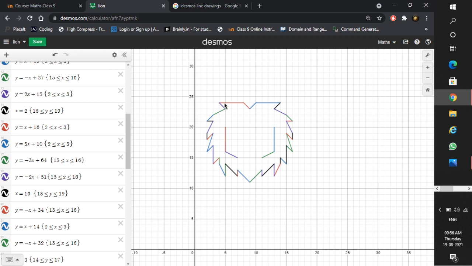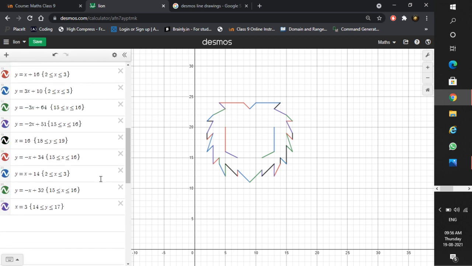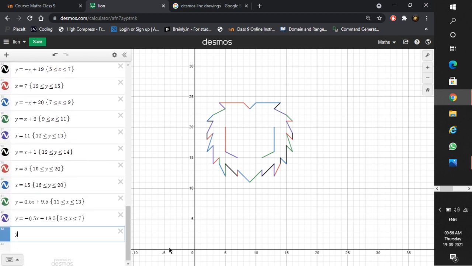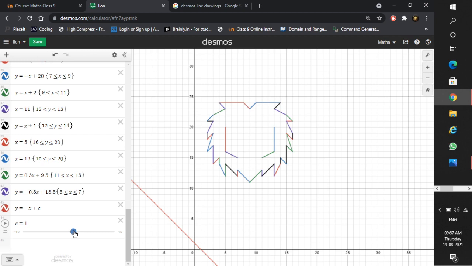Same, but because it's in this direction, I'll tell you how to do this. y equals minus x. So this is the line. This has the same slope. Now what do you have to do? Now you have to shift it up to this position. For that you can choose c here, and then your slider, and then you can see how far up you want it.